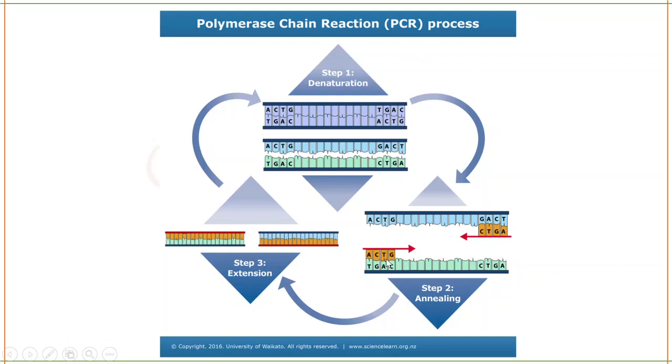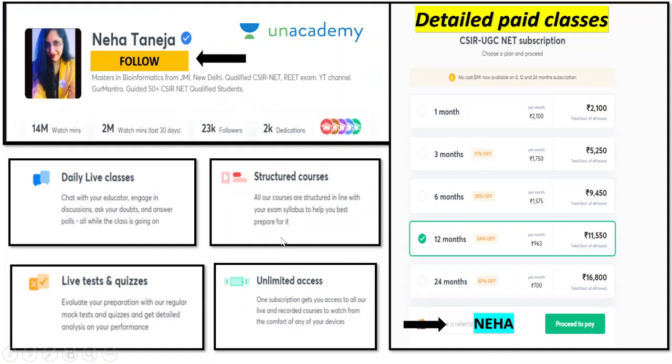So in one cycle, from one double stranded DNA, you will get two double stranded DNAs. That will now act as a template and further reaction will go on. That's all guys about the PCR. This is the main concept of PCR. Yes, there are several types of PCR based on the application, so many types are present. If you are interested, you can learn it from many resources. But for GATE BT, what is PCR and the principle behind PCR is more than enough.